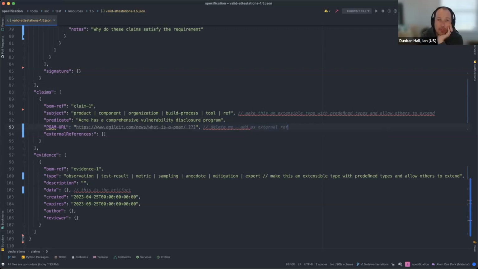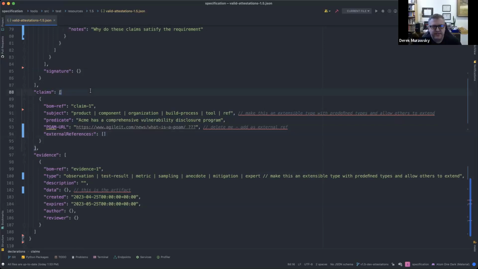I know we don't have any time left. Where do we fall on in-toto predicates, and trying to get some of that stuff in? I thought the idea was that this whole thing could be an in-toto predicate. We would be able to wrap this in-toto very easily. It's just a JSON object.